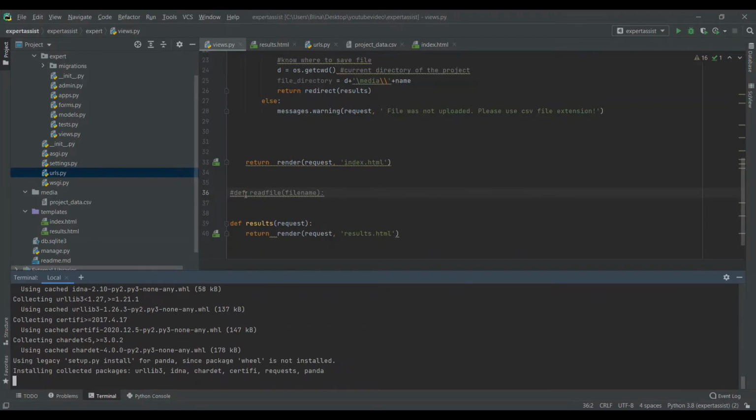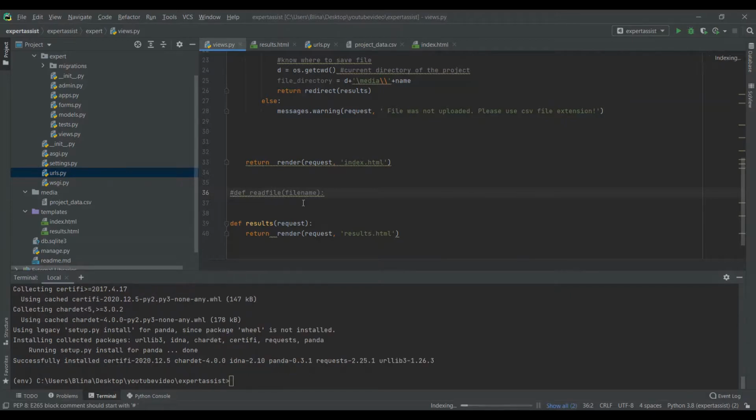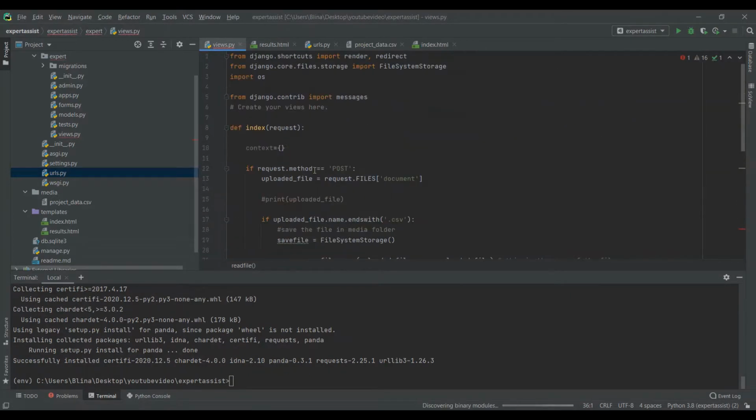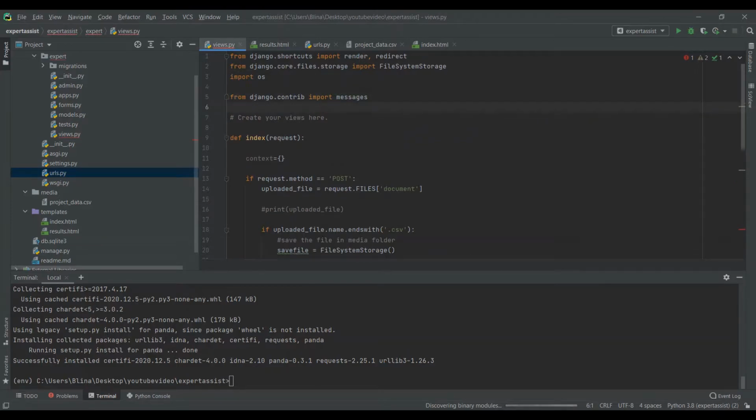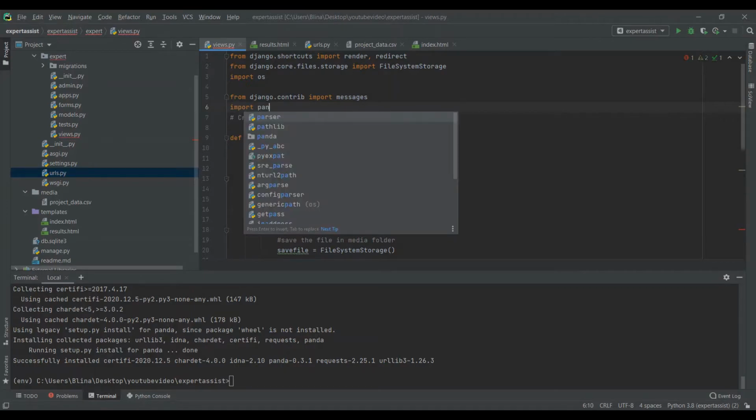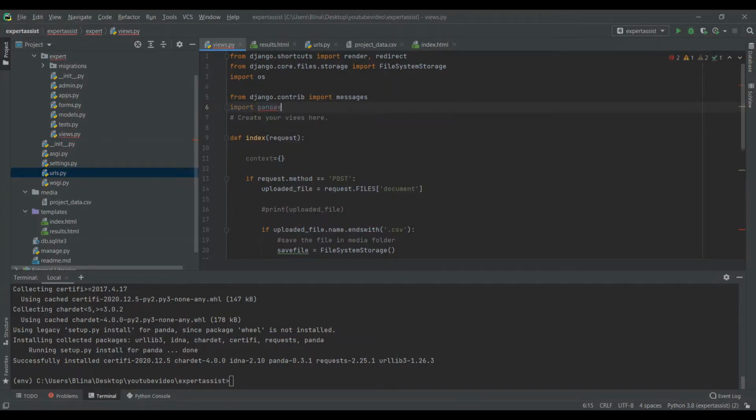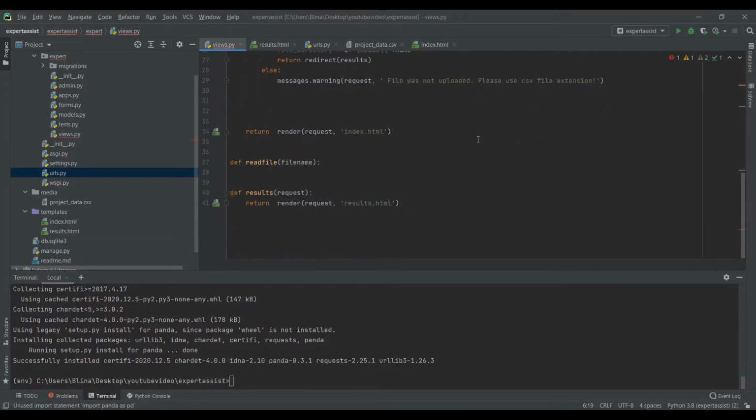And after I install it, I am going to use Pandas to read the file because it's way easier. So I'm going to import pandas as pd. And let's do it like this. So let's read the file, okay? File name. So let's just say my file